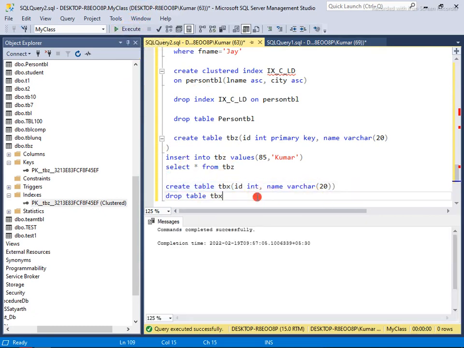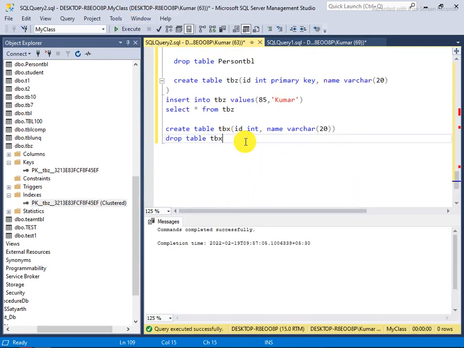Now it has been applied, and now I create an index. Create index, then the kind of index you want, and then the name of the index.